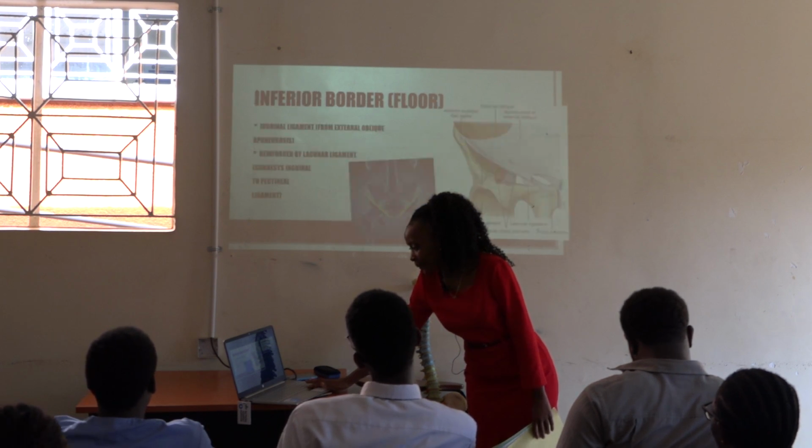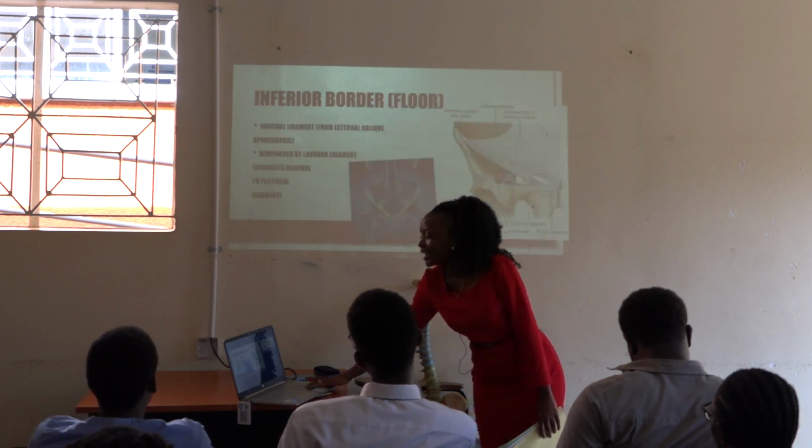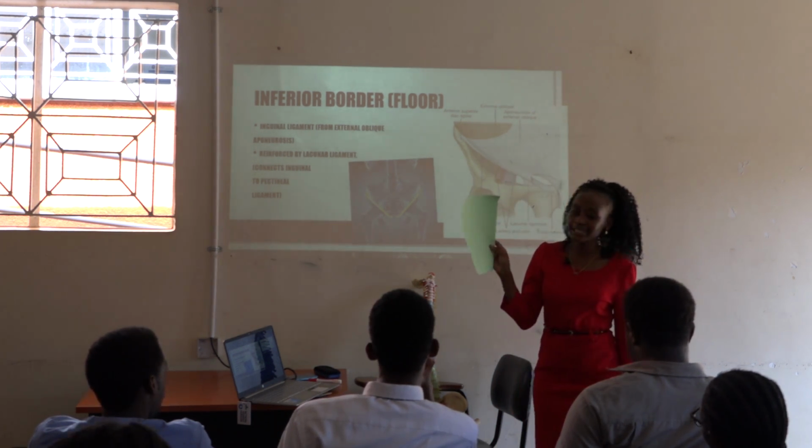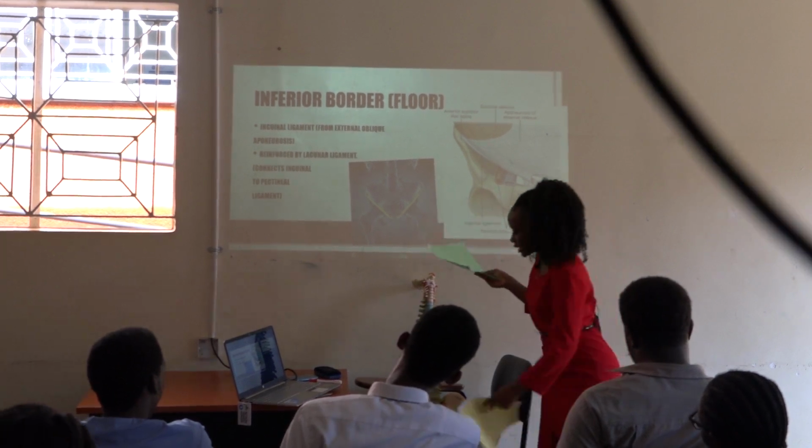So, okay, I'm going to use this paper to explain. Imagine this is the external oblique muscle, yeah? So it's like,